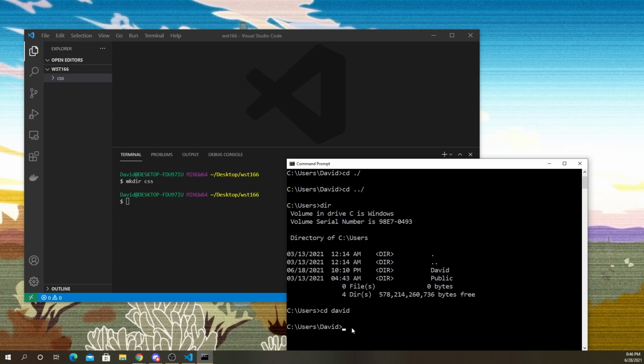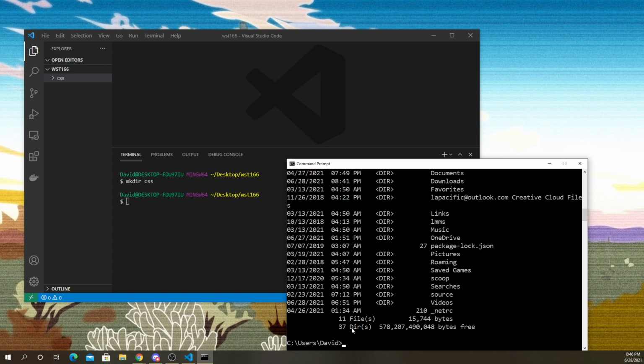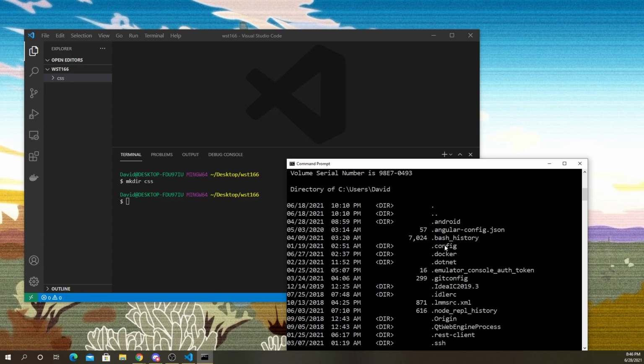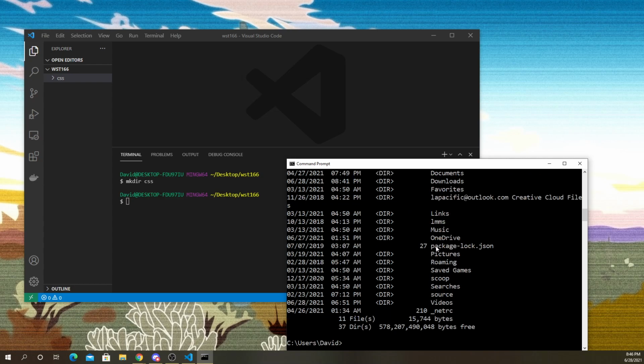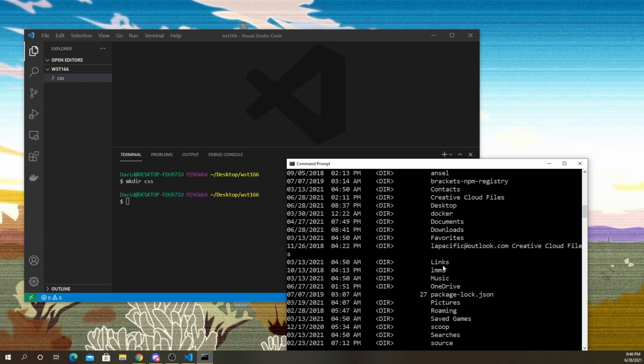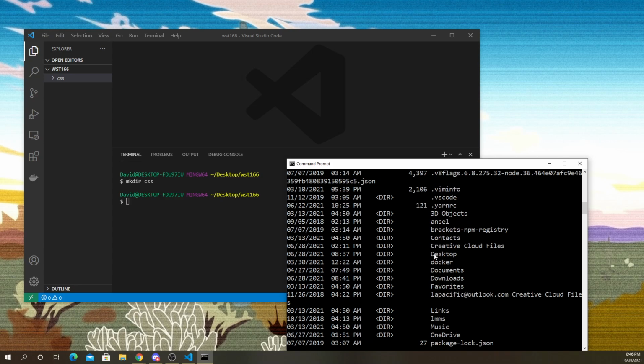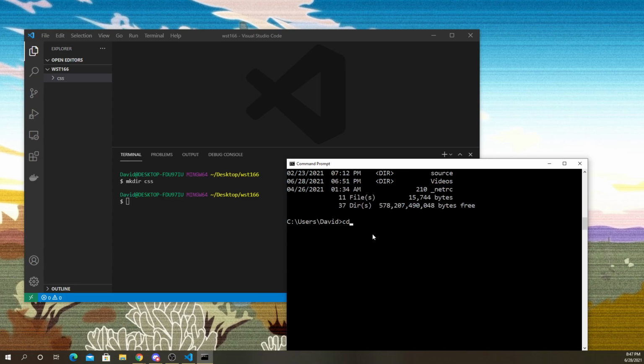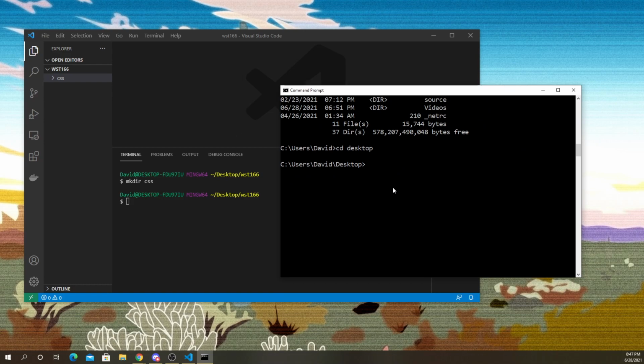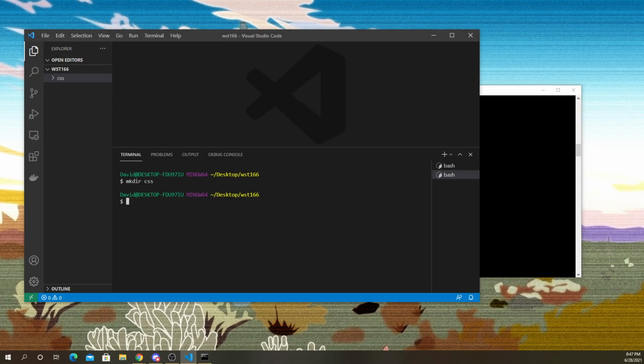Now if I type dir again, we can see all the folders and files that I have in that David folder. One of them here is Desktop. So cd Desktop. Now I'm on my desktop. If I remember, I created a folder called WST166 on the desktop, and then I used mkdir to create a CSS folder.